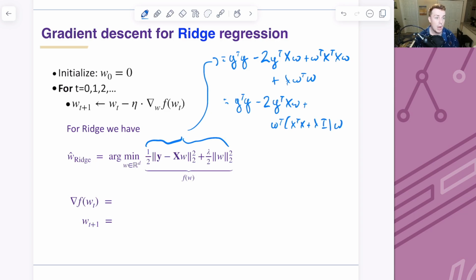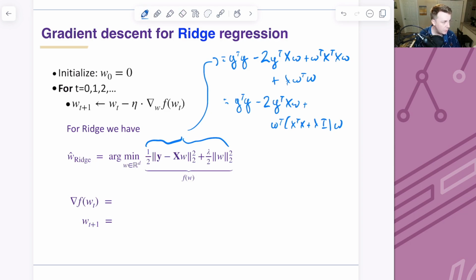So combining that into one term. Okay, so now that we have this function, we can take the gradient of it. The y's don't matter. That first term over here will simplify to